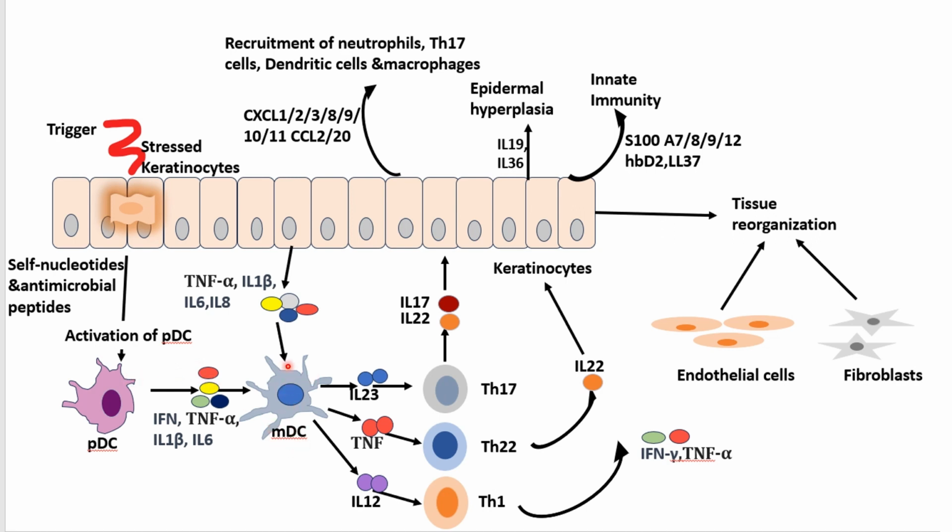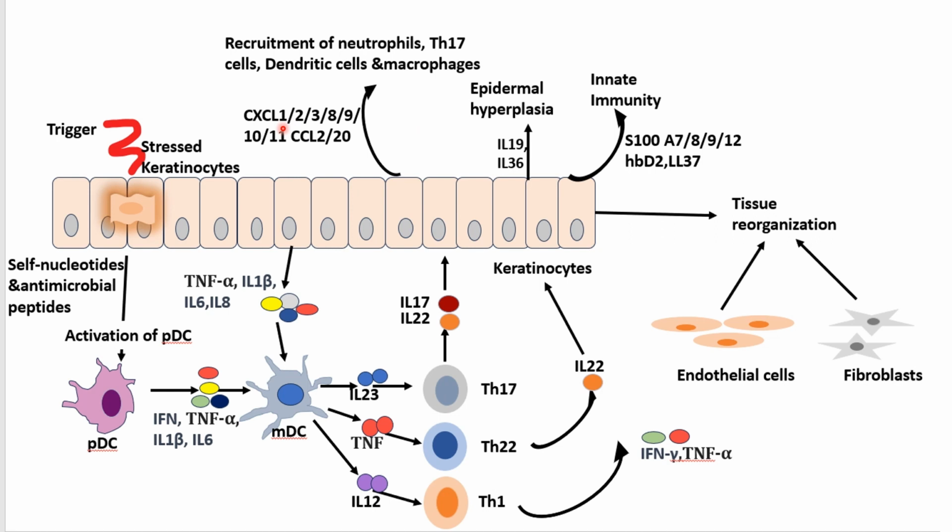Then myeloid dendritic cells will secrete interleukin-23, tumor necrosis factor alpha, and interleukin-12, and activate T helper 17, T helper 22, and T helper 1 cells with the secretion of the famous psoriasis cytokine interleukin-17, and also interleukin-22, tumor necrosis factor alpha, and interferon gamma. All these cytokines will activate the keratinocytes, and keratinocytes in turn will share in the maintenance phase by secretion of